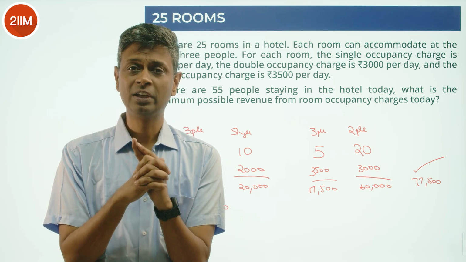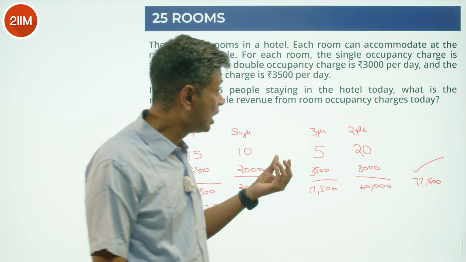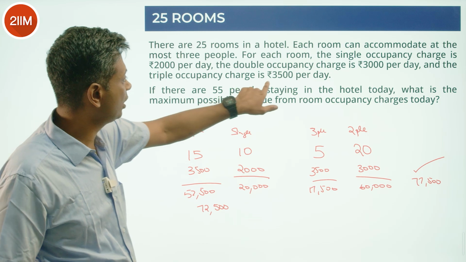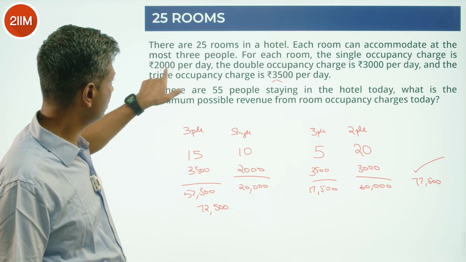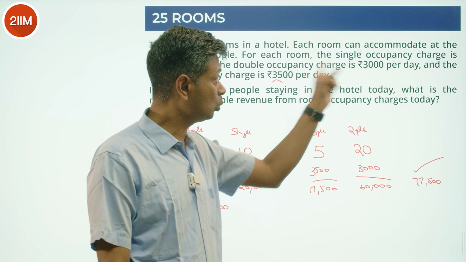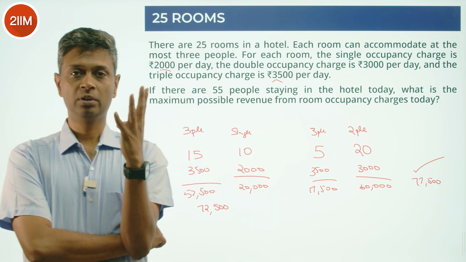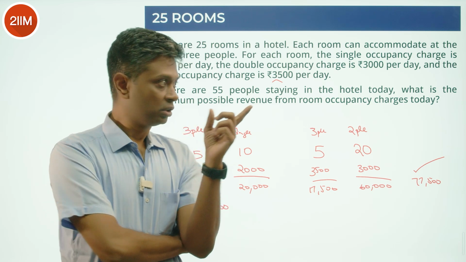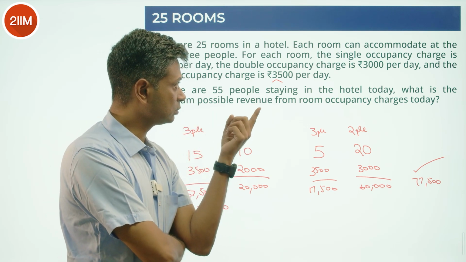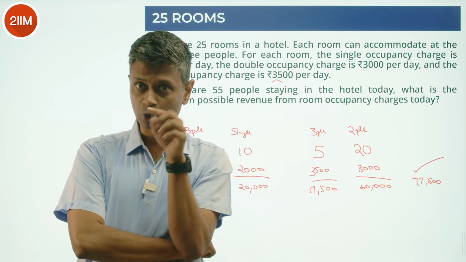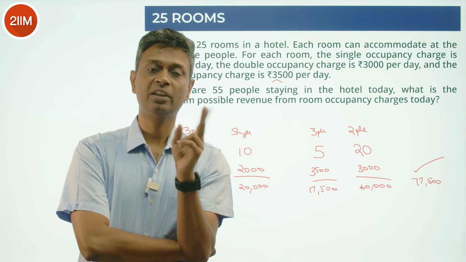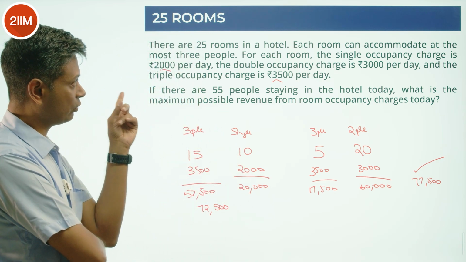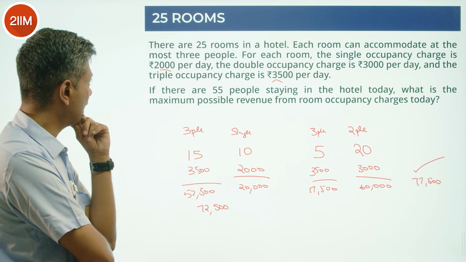If I do that, I lose money. So in terms of the combination for making better money, 1 triple occupancy plus 1 single occupancy is worse than 2 double occupancies. For every set of 4 people, I can make more money with double rooms, occupying them with double rooms and not 1 and 3. Right? So if I have 3 single occupancy rooms, and instead of